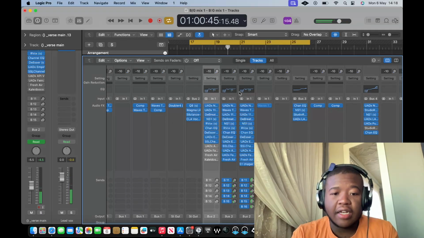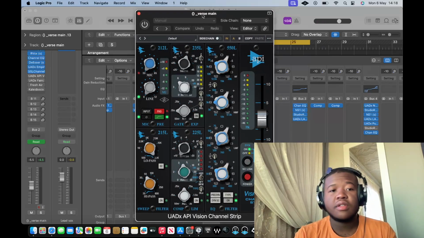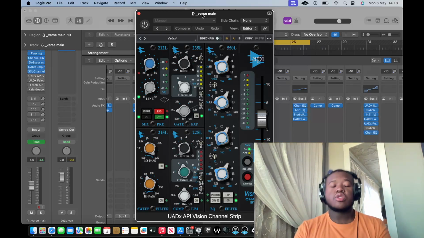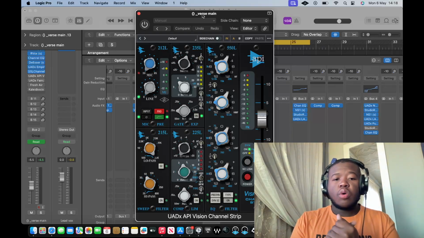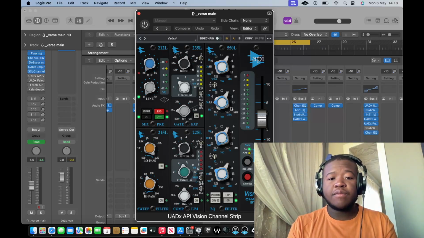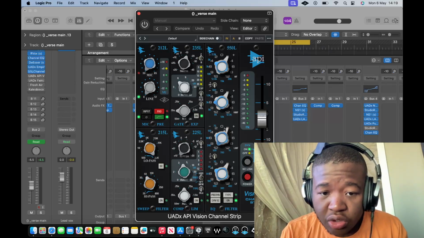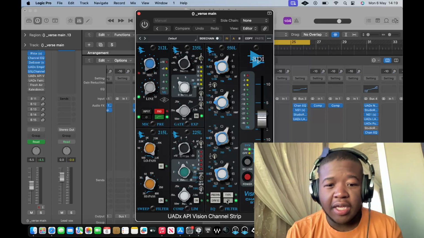Now, if you can tell the level of control that's bringing in, oh man. To be honest, this was the first time I was using this thing on a vocal. I usually use it on my music bus where I have my synths and all my keyboards and pianos and all that. I like it because it's a one-stop shop. You can compress, you can preamp, you can do everything. So what we did here was more additive stuff. Here in the high mid frequencies, we added 2 dB at 3K. We added another 2 dB at 500, and then another 2 dB at 200.